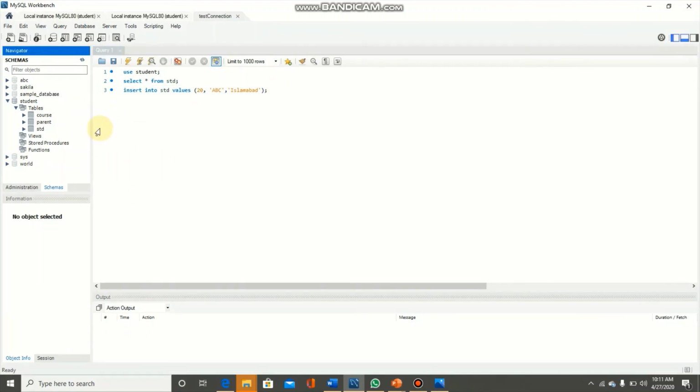Here we have the student database. Inside we have a table std, and inside std we have 3 columns. Suppose we want to give some privileges on these attributes. Let's say I'm giving select privilege on 2 of these attributes and update privilege on 1 of these attributes. For that purpose, we must specify the column names inside the table.